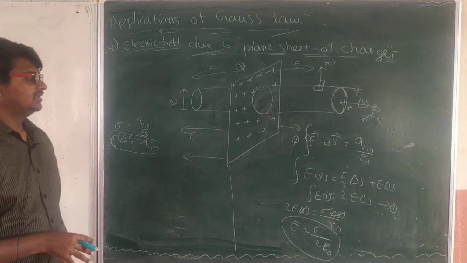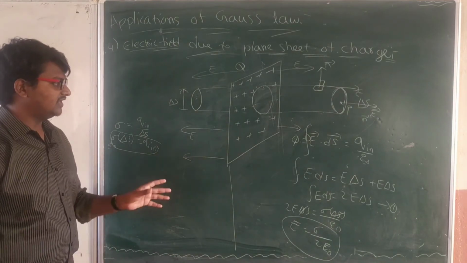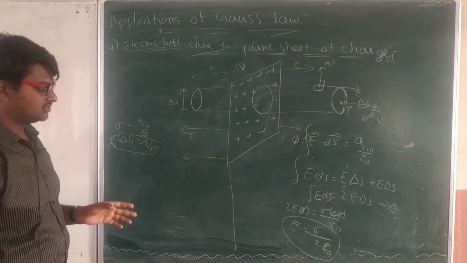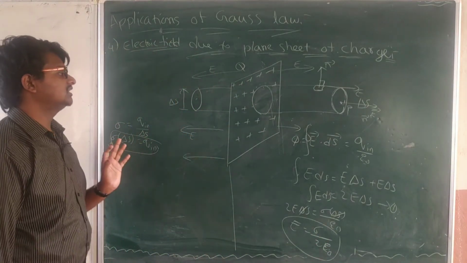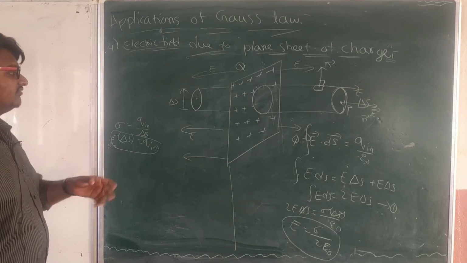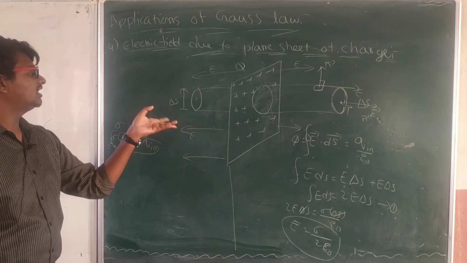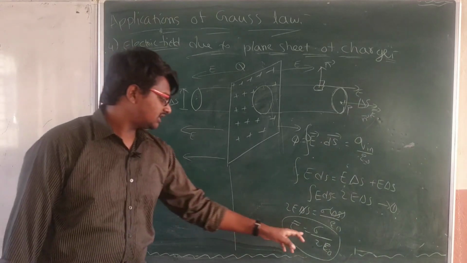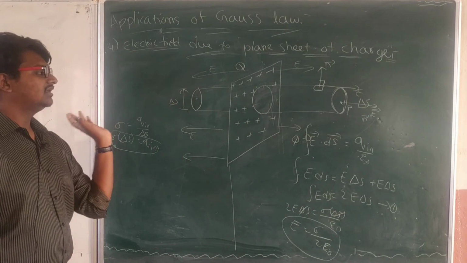It means wherever you take the point P, the electric field due to the plane sheet of charge will be sigma by 2 epsilon naught, where sigma is the charge density. That's it. Wherever you keep the point, near, far away, in the middle or at a moderate distance, whatever the distance, that doesn't make any difference. Simply sigma by 2 epsilon naught will come. Distance is not at all a matter in this case.